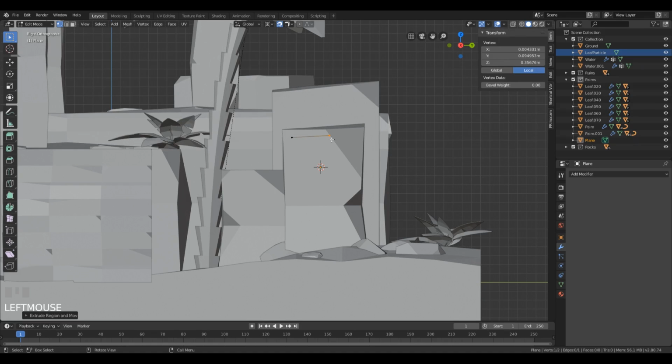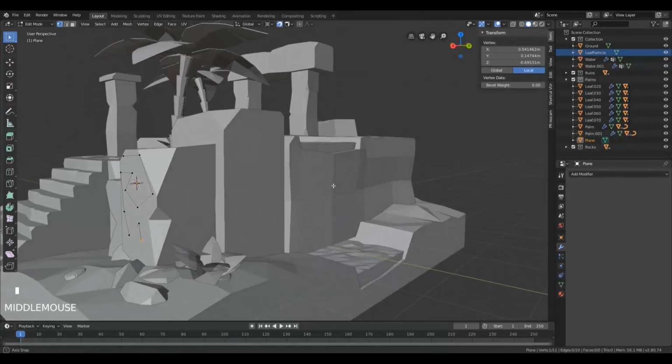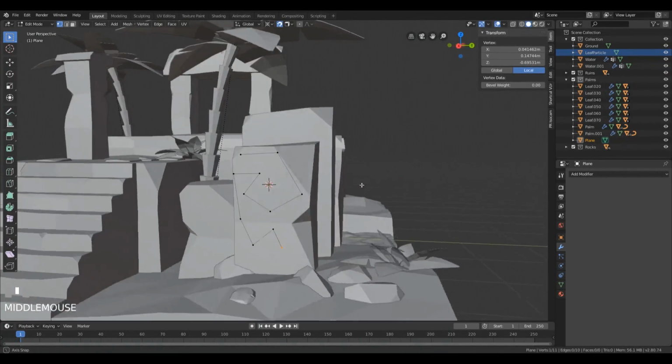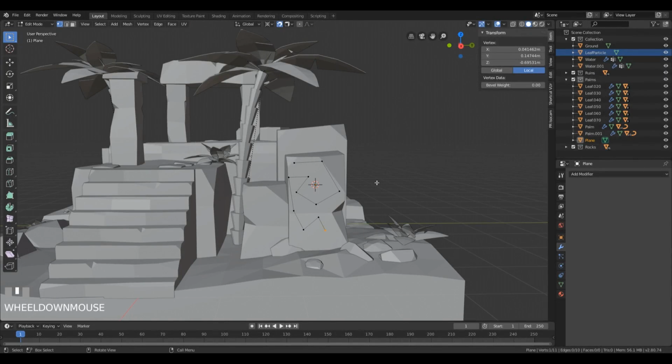But there's an even faster method. We can extrude single vertices, and that's by holding Control and right clicking with the mouse. This is a really simple and fun way to make new geometry. So you just hold Control and click with the right mouse button and create new vertices. And since we have snap enabled, you can see we are copying the surface quite perfectly. So let's go back a few times,